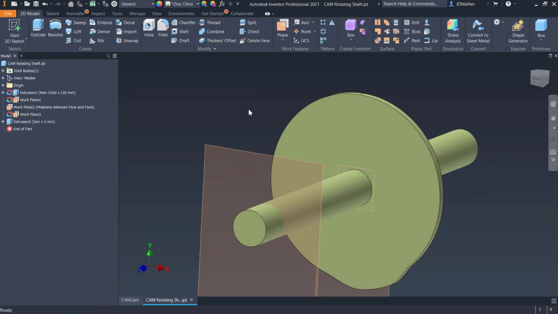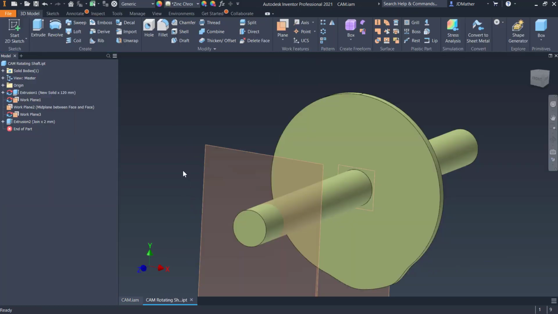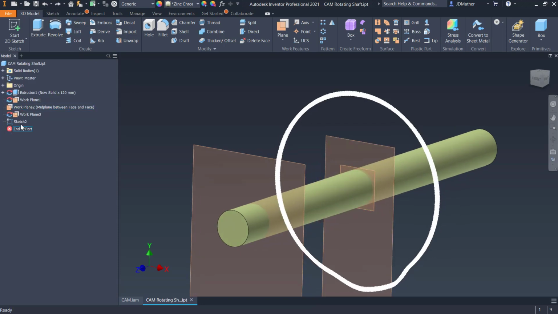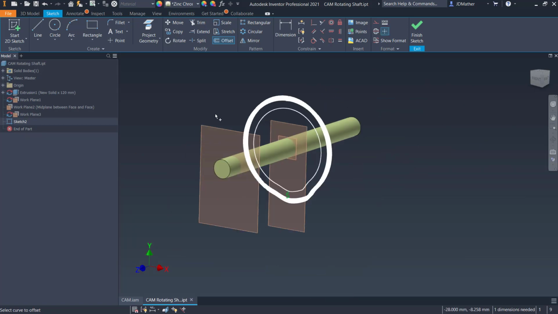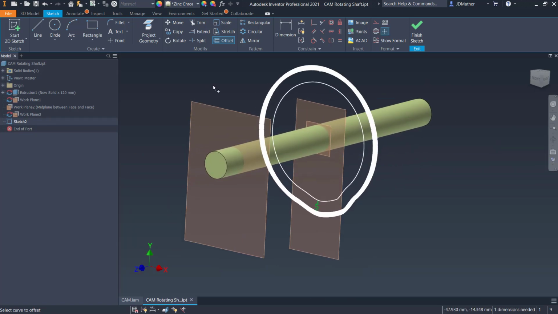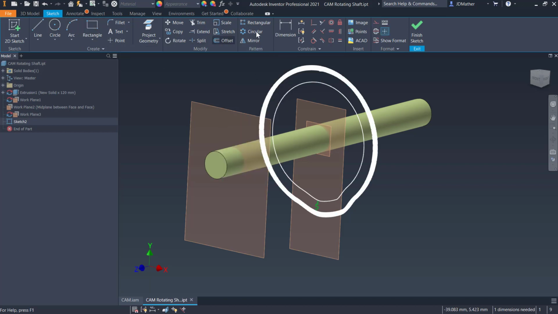And actually, if I go back here, I need to put in that offset distance, so I need to do this part over again. So I'm going to come back here and I'll do undo, and I'll edit that sketch, and then I'll do offset, and I'll select that curve, and I want to offset it 5 millimeters towards the inside. That was the radius of our follower, and then I will extrude that. Now you may want to change this original curve into a construction line type, and then I'll do my extrude,